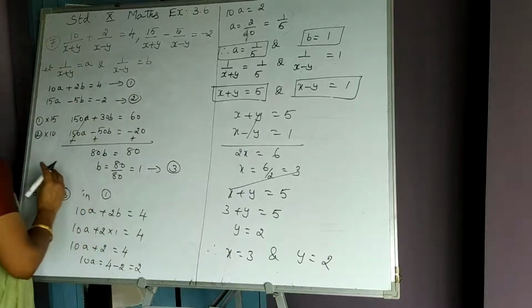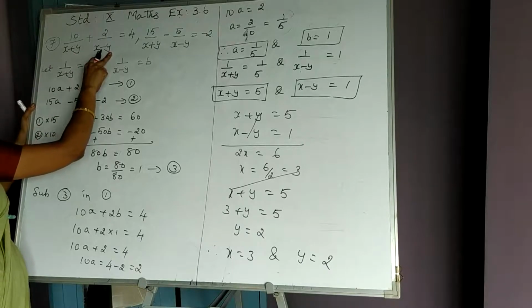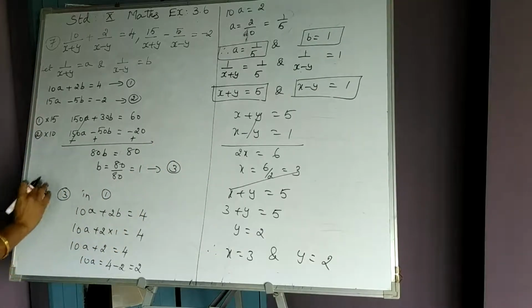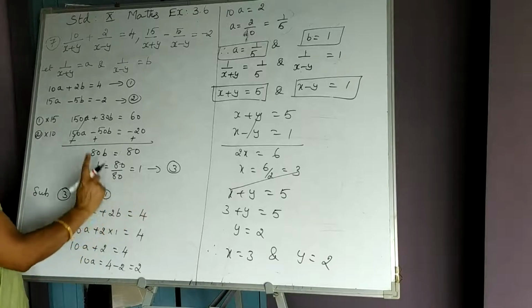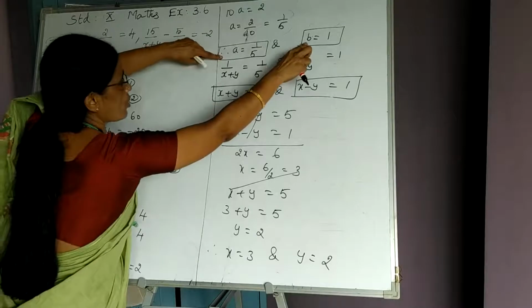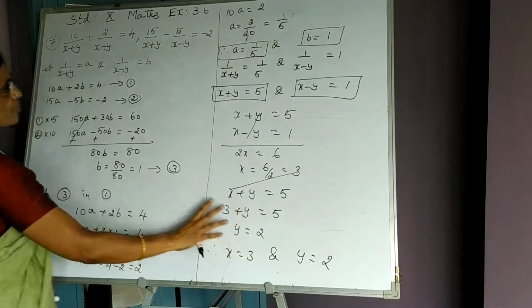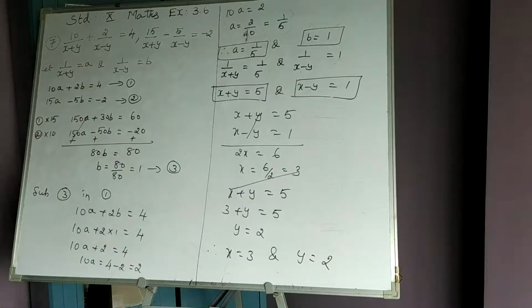So remember shortly, when there are two variables in one denominator, here two variables, here also two variables, remember, 2 times we have to solve the equations. Whichever method you use, cross multiplication or substitution or elimination, remember 2 times we have to solve the equations. This is one time solution is over, again we have solved second time. So 2 times we have to solve when two variables are there in each denominator.